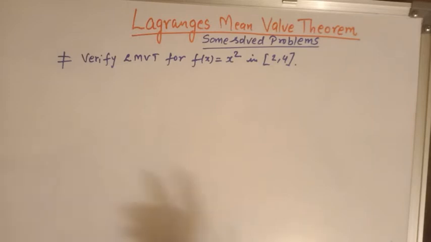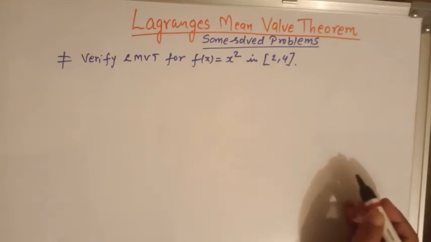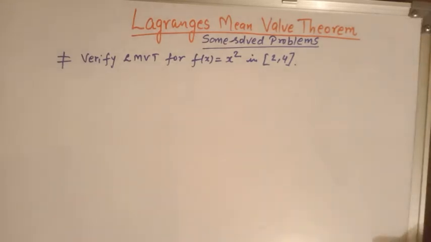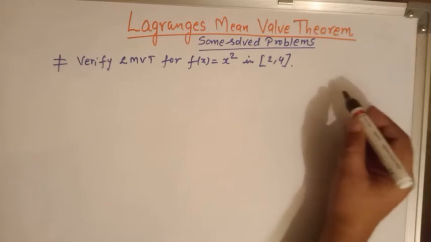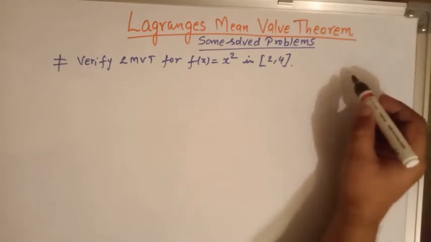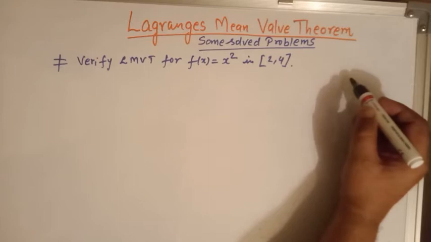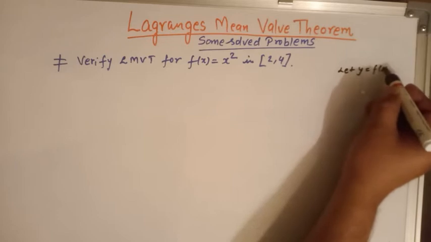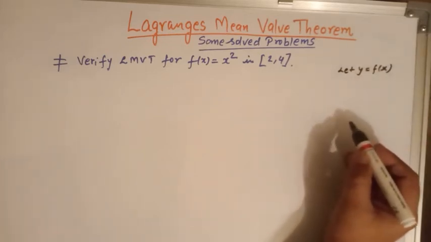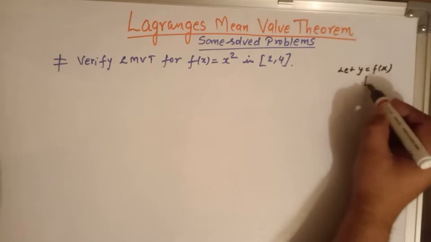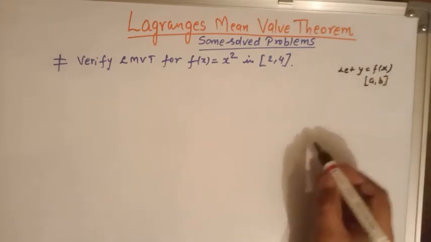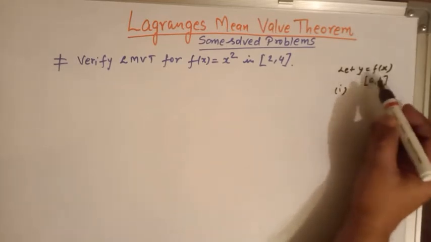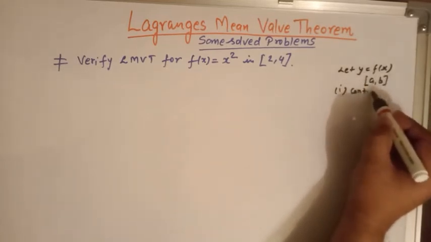For those viewers who could not attend my video, I am giving a brief introduction of Lagrange's mean value theorem. Let y equal to f(x) be a real function which is defined in this interval. Clear? Now Lagrange's mean value theorem says that if this function is continuous in